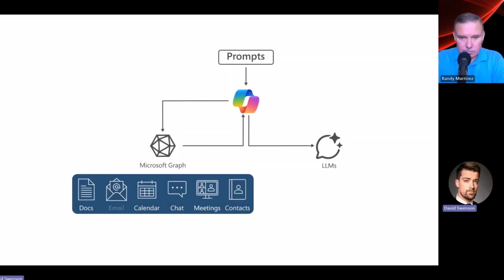There's a part in this video here that I want to draw attention to if we move this a little bit up here. So by default, what your Copilot can do, and this is, of course, the Microsoft 365 Copilot license, it's important to understand you're not just saying, let me take my prompt and send it directly to the large language model. The beauty of Microsoft 365 Copilot is it knows as much as you know, and frankly, probably a bit more, because you're not going to remember every doc, email, calendar, chat, meeting, or contact that you have in your lists,